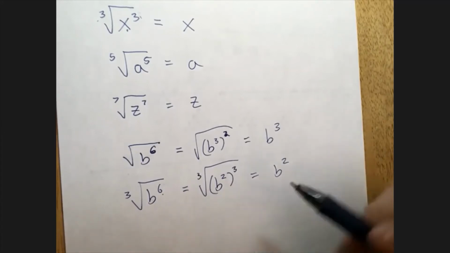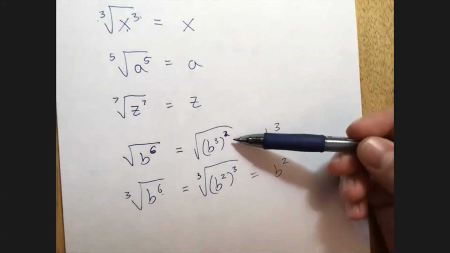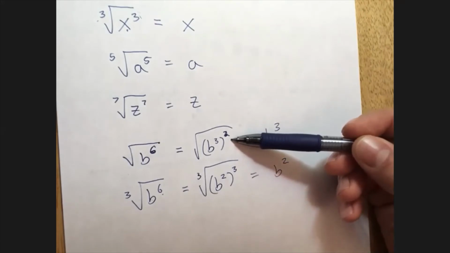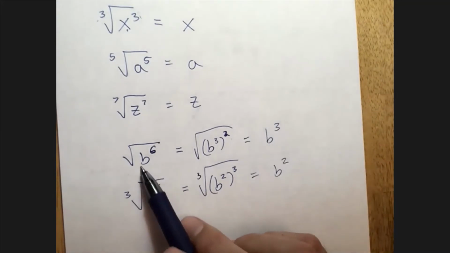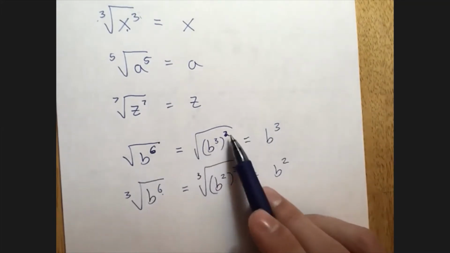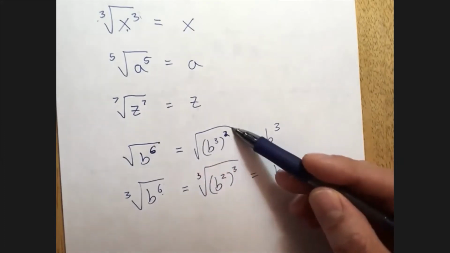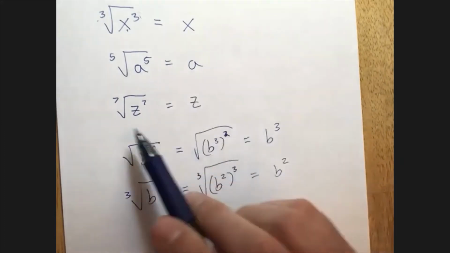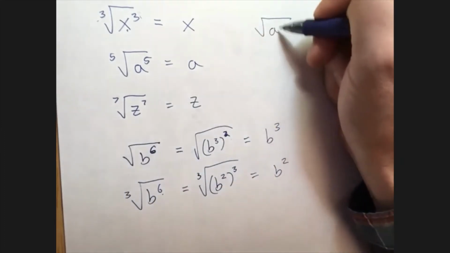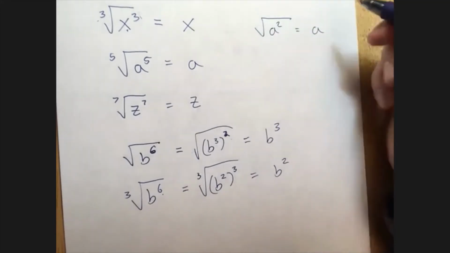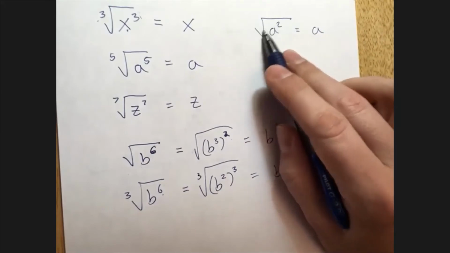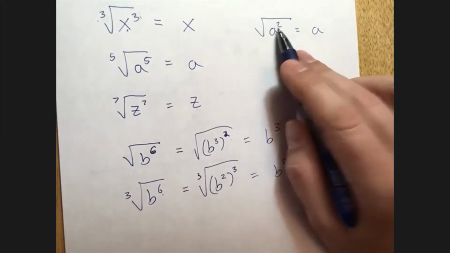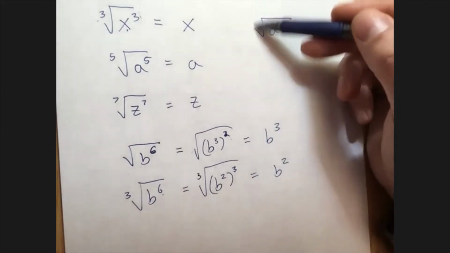Are you talking about this line here? Okay, so here, when I take the square root of something squared, they cancel off. Just like if I did the square root of a squared, that's just a. Right? So whenever I see a square root and a square, they undo each other, because